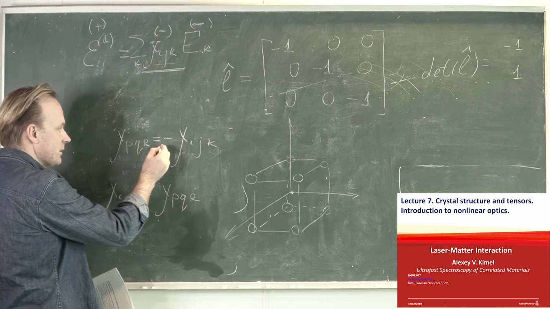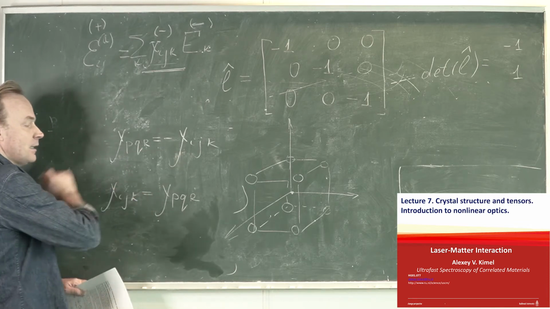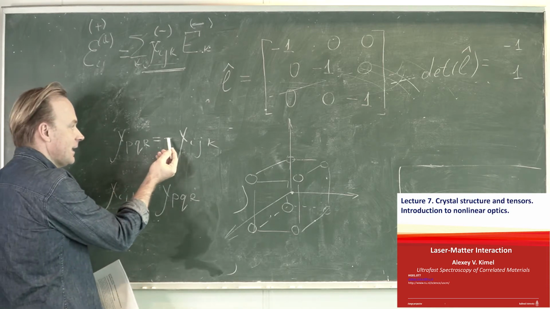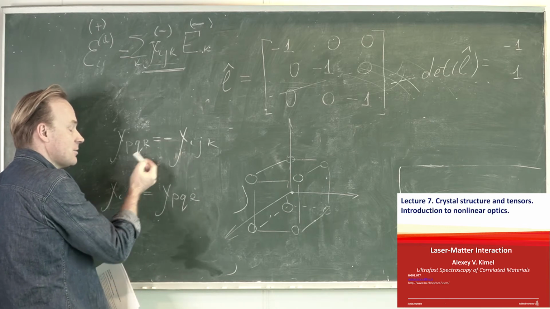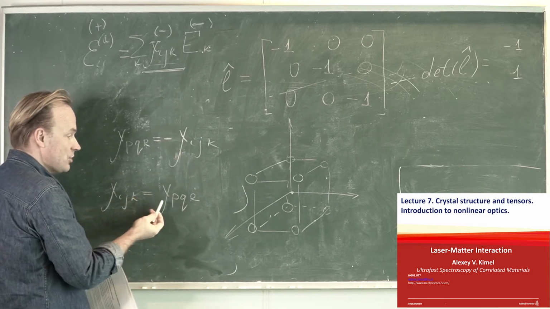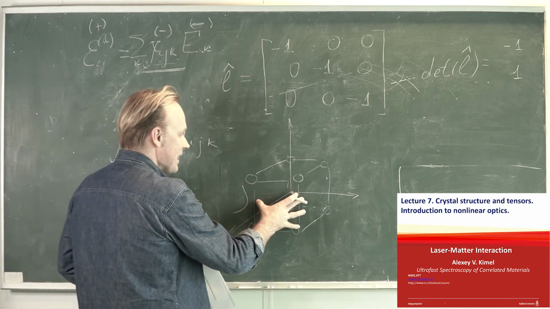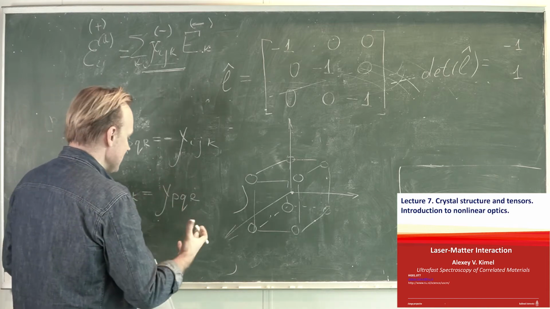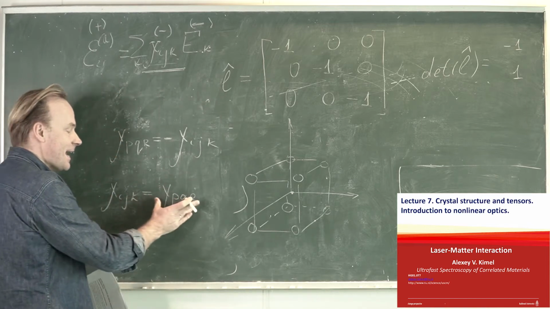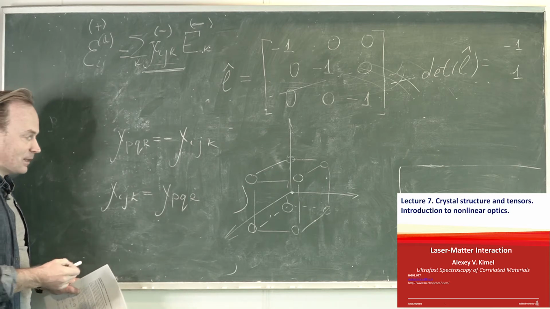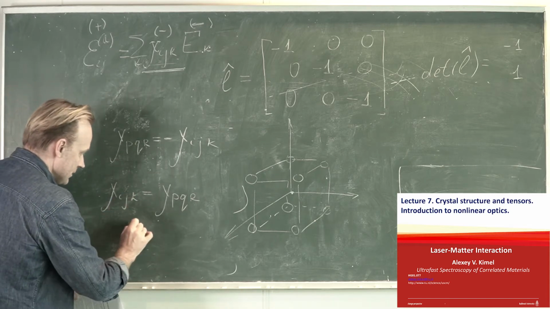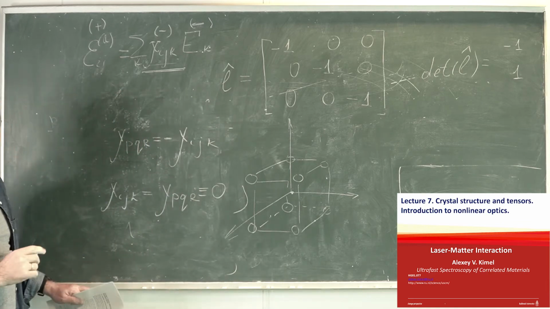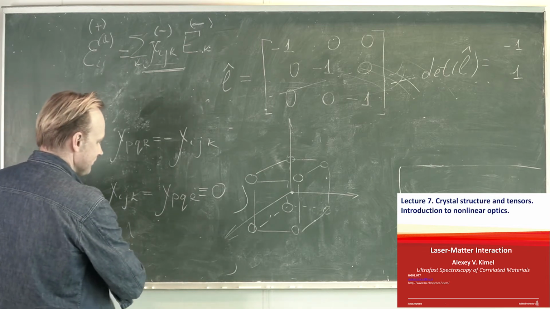And here we have a contradiction. While the mathematics of transformation of elements of a tensor upon space inversion tells us that upon space inversion tensor elements should change their sign, logic tells us that if we talk about centrosymmetric media, space inversion cannot affect the properties of media, and for this reason tensor elements are not allowed to change sign. The only way to resolve this contradiction is to assign all elements of this tensor to 0. What it tells us